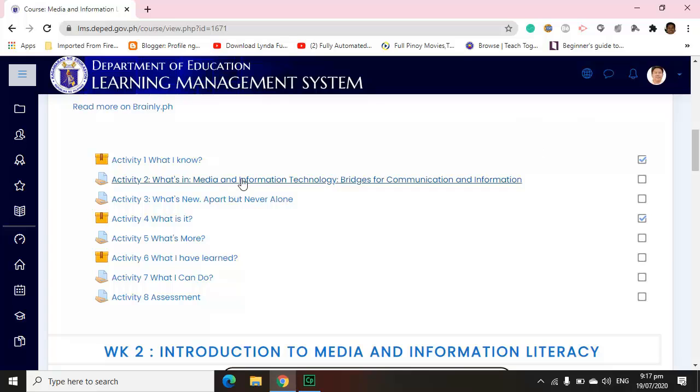So my first activity is Activity 1, What I Know. If I'm going to click this one, kung napapansin nyo, may nakalagay dito na check kasi sinagot ko na ito kanina. Pag ang bata natapos sa isang activity, automatically magkakaroon ng check dito. Okay? Hindi na ang bata ang maglalagay ng check, kundi yung mababasa kasi ng system kung nakapag-submit ang bata sa kinaukulang activity. So if I'm going to click Activity number 1,